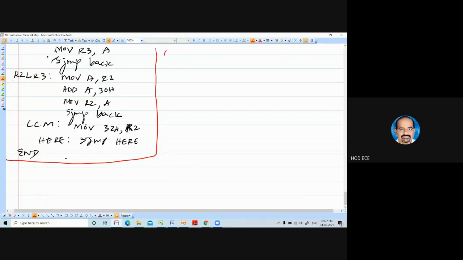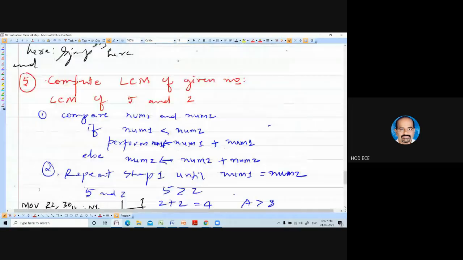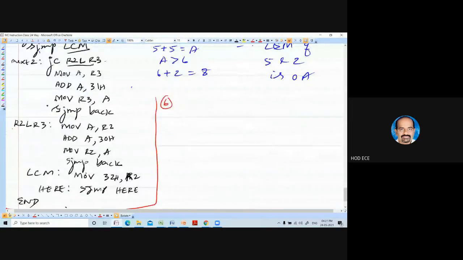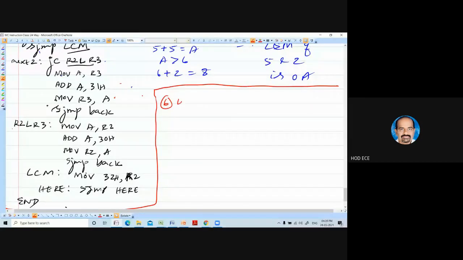So next, program number 6. Write a program to compute GCD of two numbers.